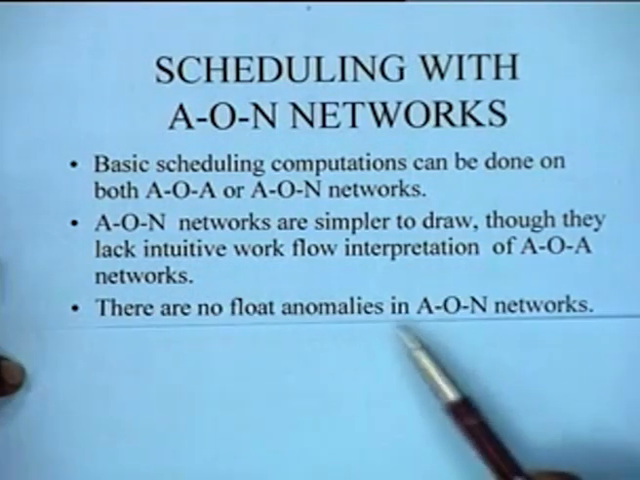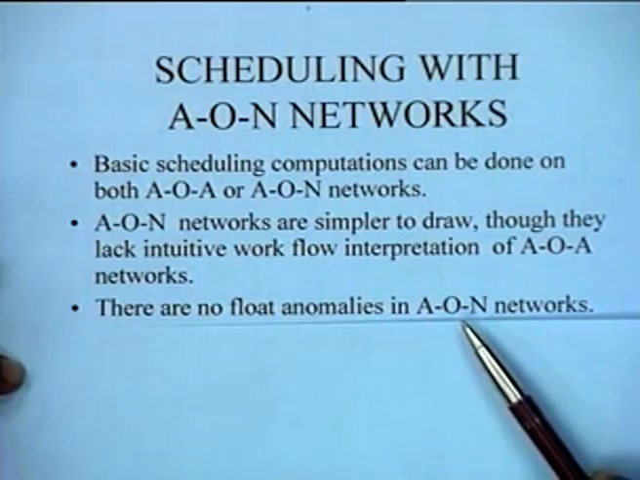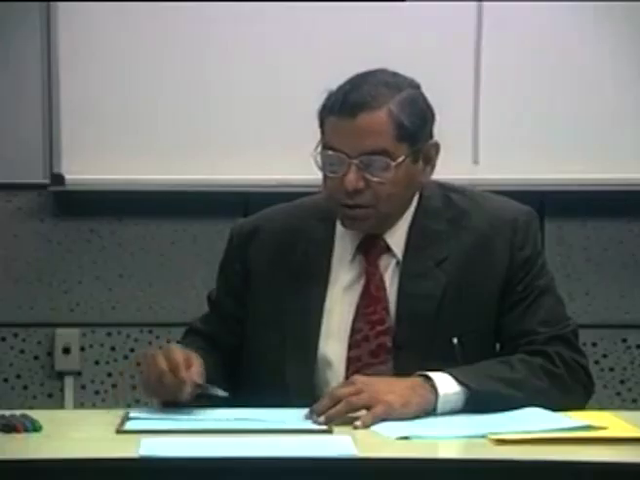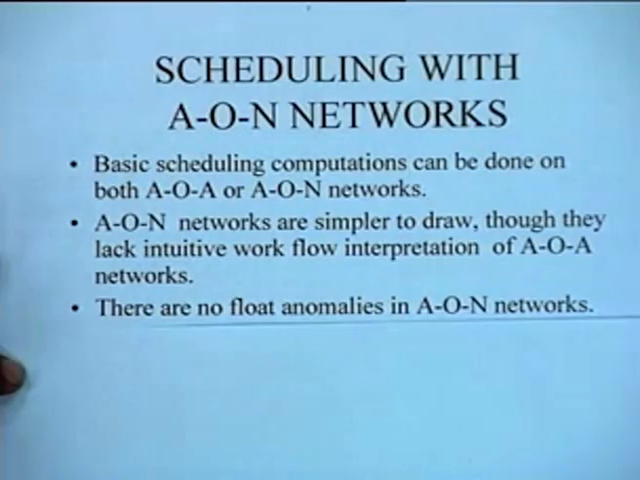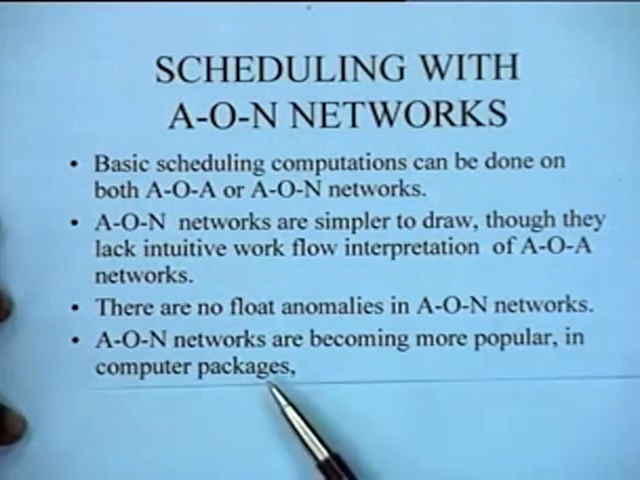However, we also noticed that there were some kind of anomalies in using the four floats when we represented the project as an AOA network. This depended upon where you place the dummy, whether the dummy was preceding the arc or the dummy was placed after the arc. However, there are no such float anomalies in AON networks. AON networks, as I said, are becoming more popular in computer packages,